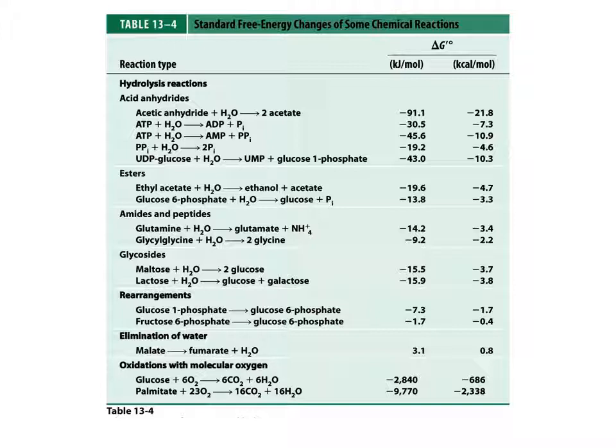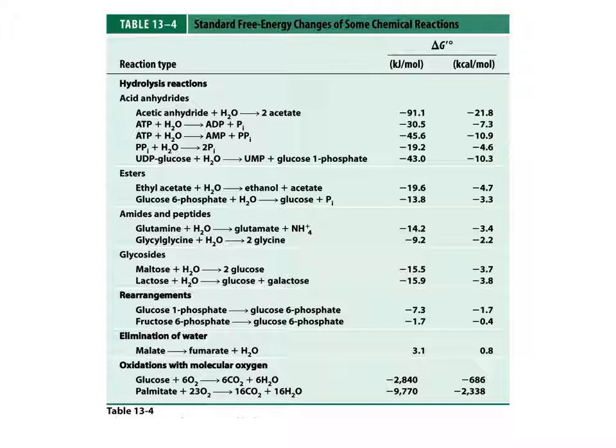Same number, different measuring units. So we will talk about some of these reactions in a bit more detail. One reaction, or two reactions here, or maybe even three, is the ATP hydrolysis to ADP plus inorganic phosphate, which is minus 30.5,